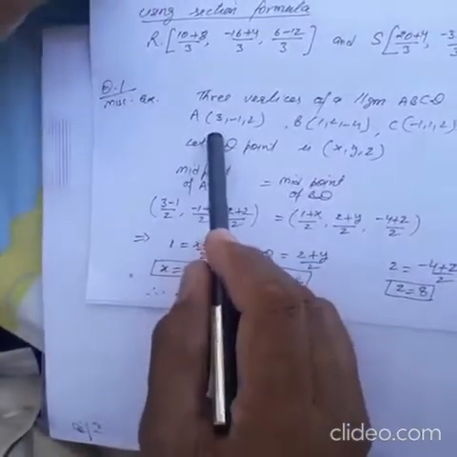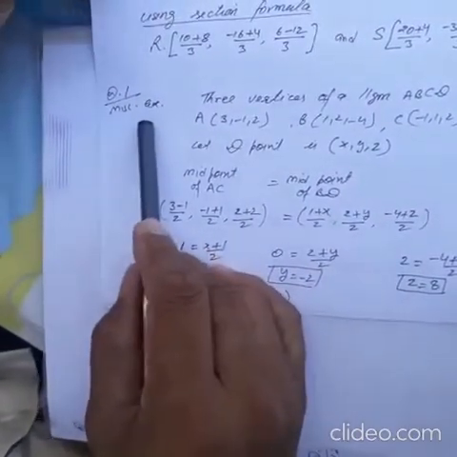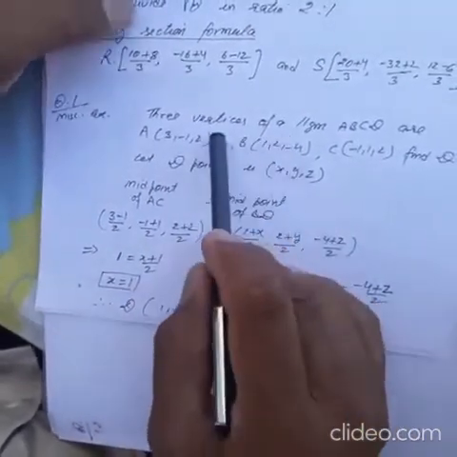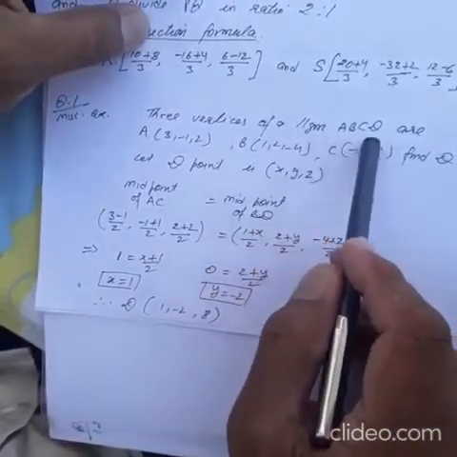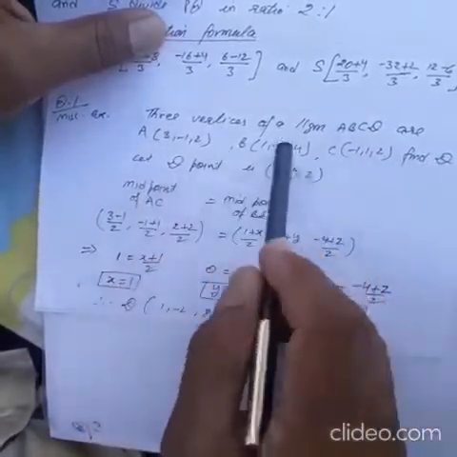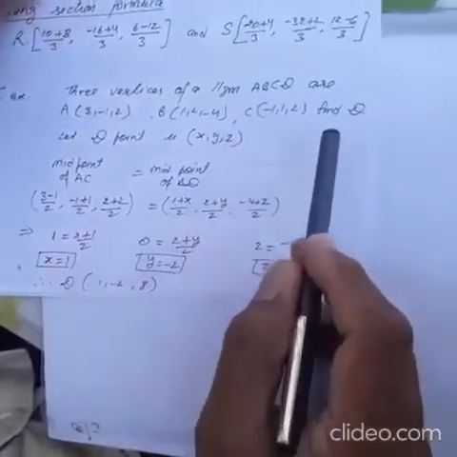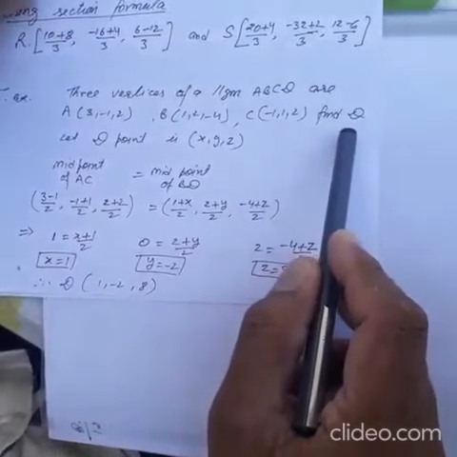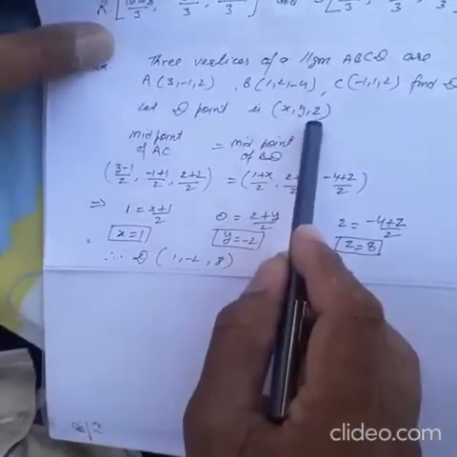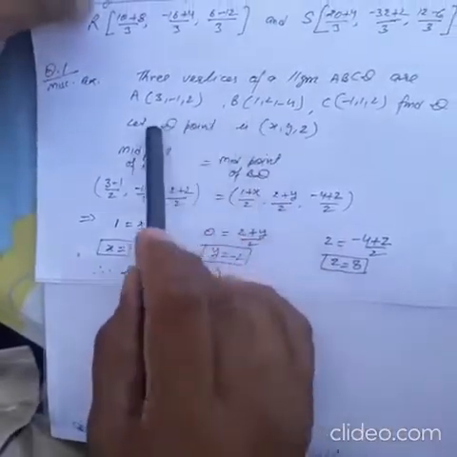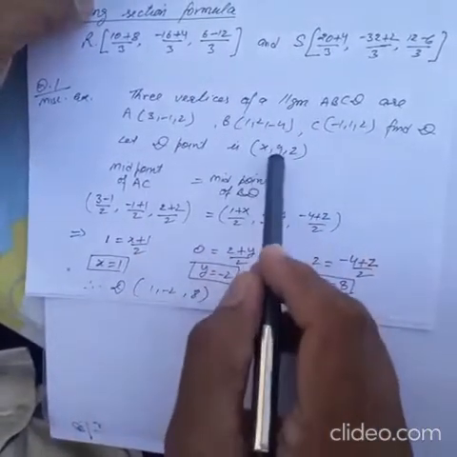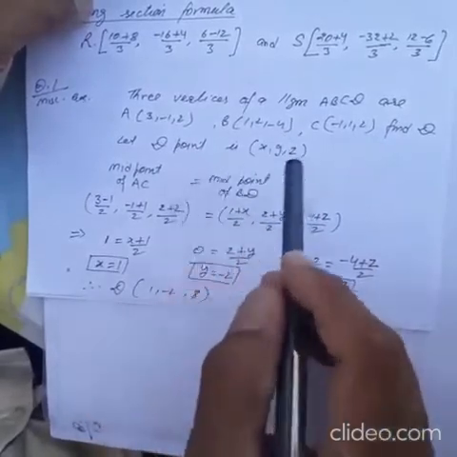Now we want to start the miscellaneous exercise today. First question of miscellaneous exercise. We are given 3 vertices of a parallelogram ABCD and have to find the 4th vertex. 3 vertices are A, B, C, the coordinates are given. Find coordinates of the 4th vertex, let it be D. So let D point be (x, y, z). We will find values of x, y, z. Use the properties of parallelogram. If ABCD is a parallelogram, then we will use the property that the diagonals bisect each other.